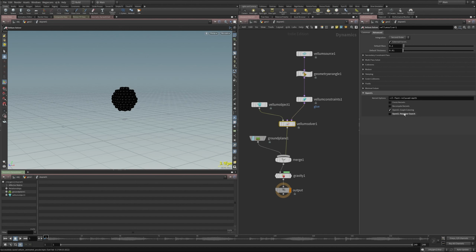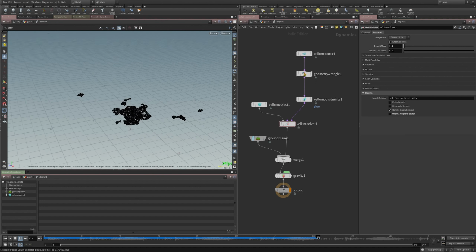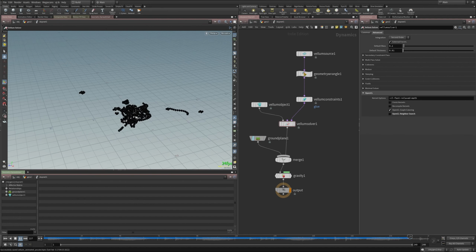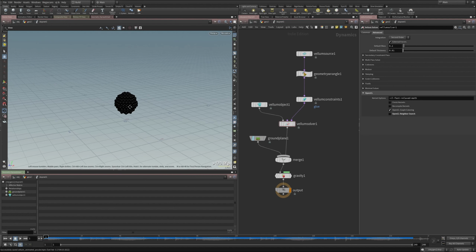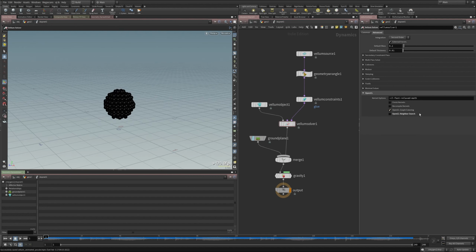I know that the Vellum grain solver looks for these neighboring points to create these constraints. So that was my first guess. Let me try that. I turned that off, and lo and behold, we're working. It's not breaking anymore. We're getting these weird wormy things. So this is the big tip here: if you're having issues with this breaking and you're in version 19, turn this off to get animated P-scale values into your Vellum sims.